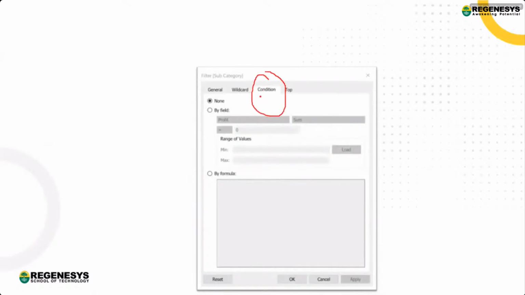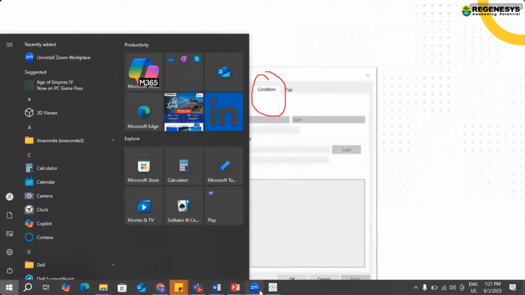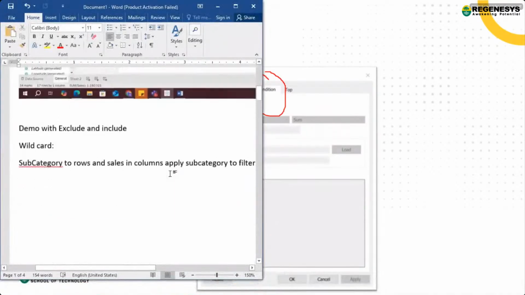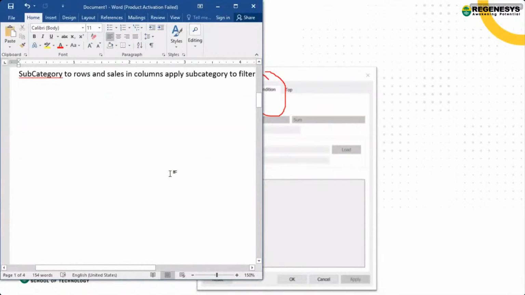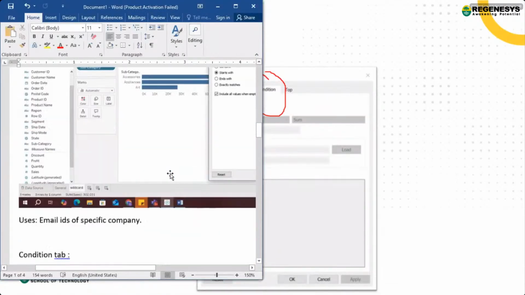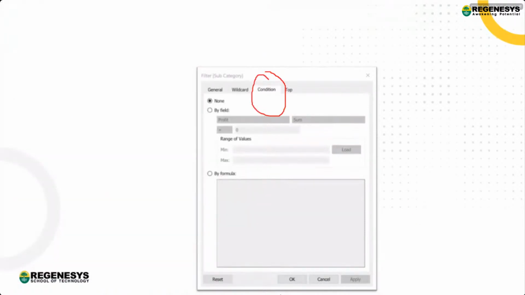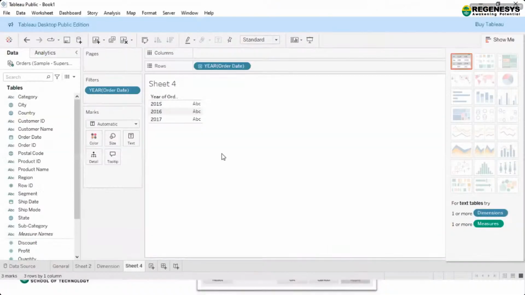What we want is, if I want to apply any condition, that we can do based on the data which I have. So for the condition tab, let's take it again as dimension, date, dimension.